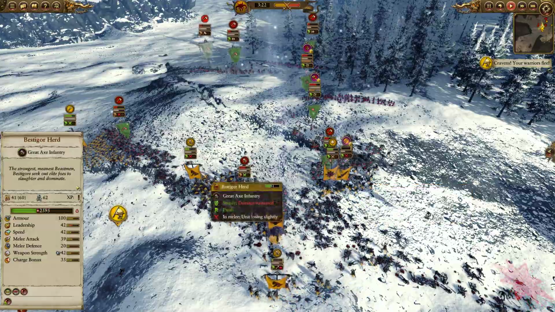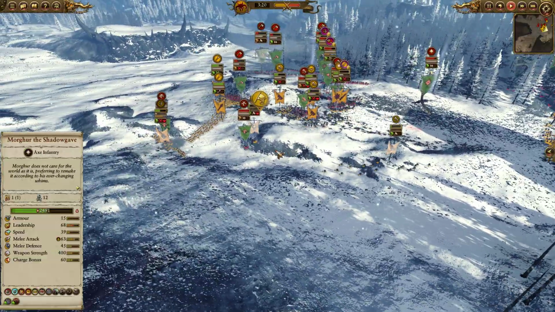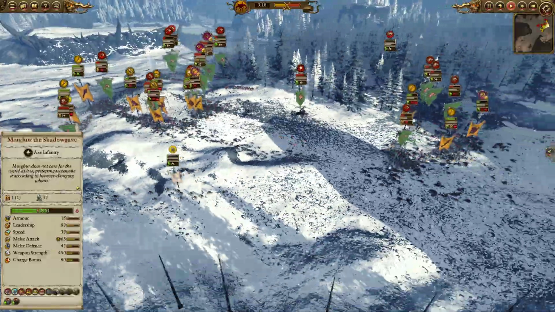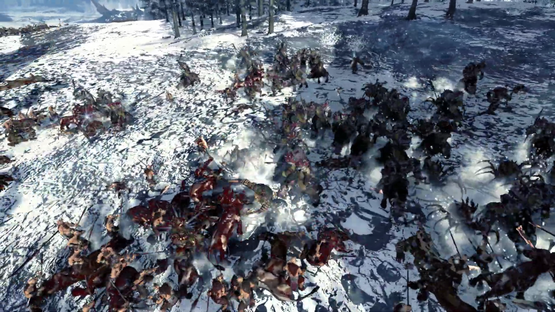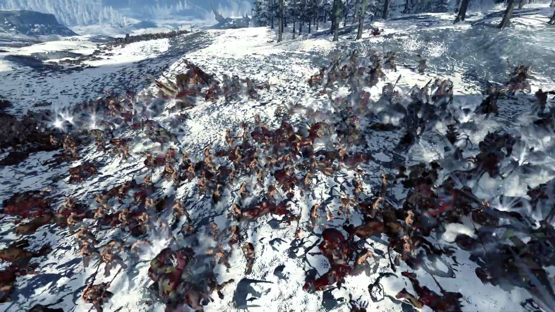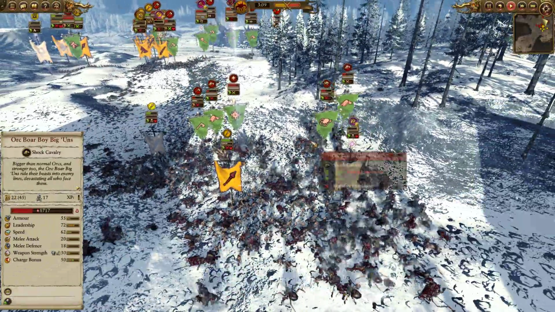These Korok's Manrippers are very, very low, and just in general, my Bestigor are very low on HP. We have killed a great number of Savage Orcs, but it's just not enough at this point. You can see the Boars now returning to this fight on the flank over here, getting into the spears. Not exactly an ideal engagement, but